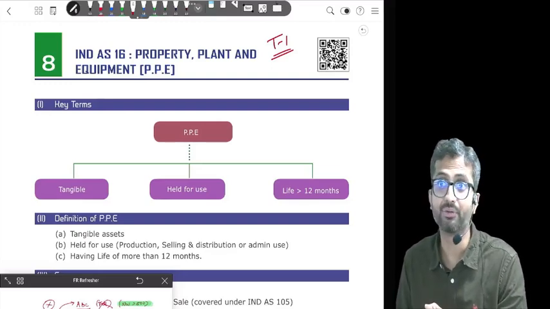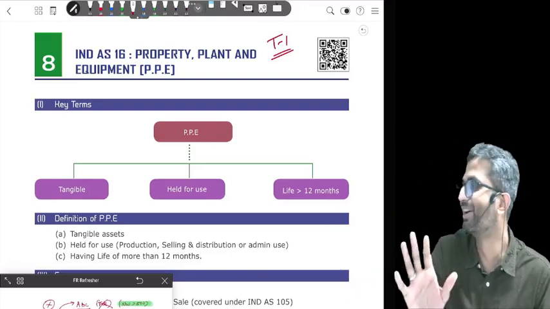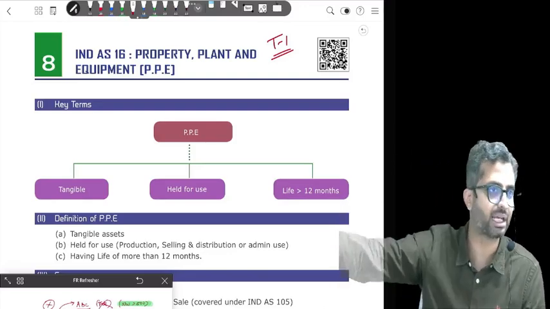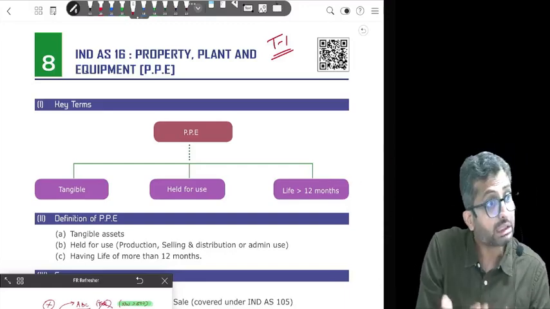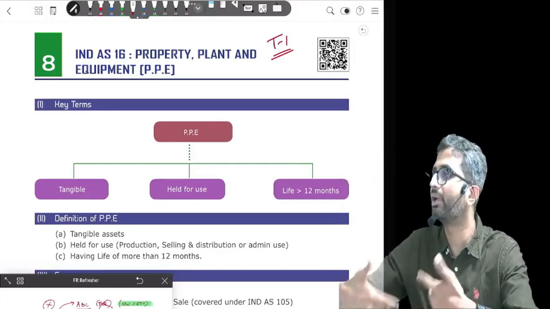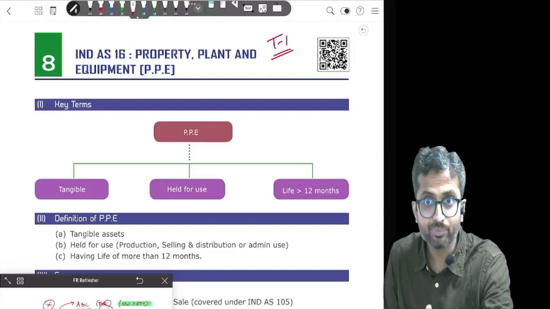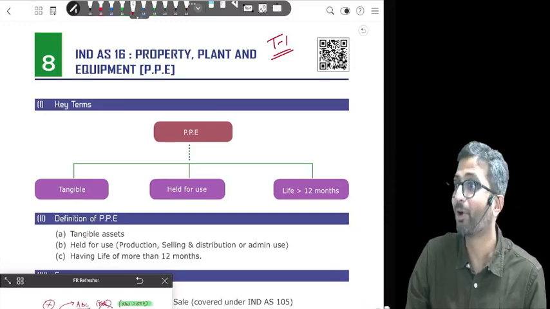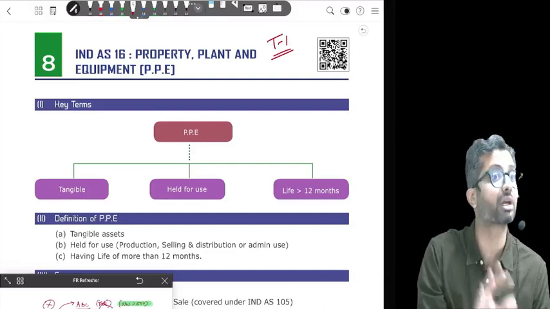It is tangible, it is held for use. But practically, it is a 200, 300 rupees calculator, and that too if you buy original. So, for a 200, 300 rupees calculator, we will say that it is not material. If a CA firm has 10 employees and has given every employee a calculator, that is total 300 into 10, 3000 rupees. 3000 is not material enough to qualify as PPE, and hence in practice people expense it out as office expenses. In the exam, a question might tell you X buys a machinery of 100 rupees. We will not say it is not material. Let it be 100 rupees unless it is given that it is immaterial. Everything for us is material.